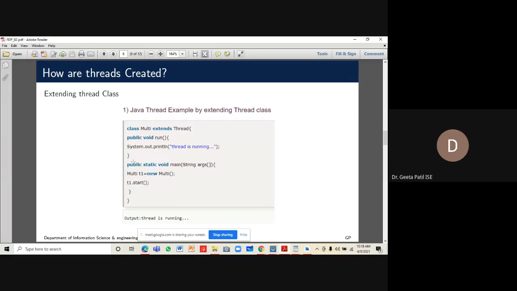Control will go to the run method and whatever code is inside this run method will start executing. So when you execute this program, it will just display the message thread is running. The output is shown here as thread is running. So this is about creating the thread by using the extends method.